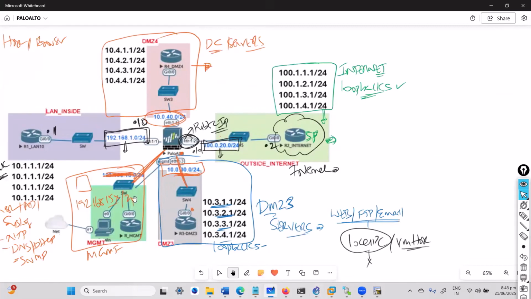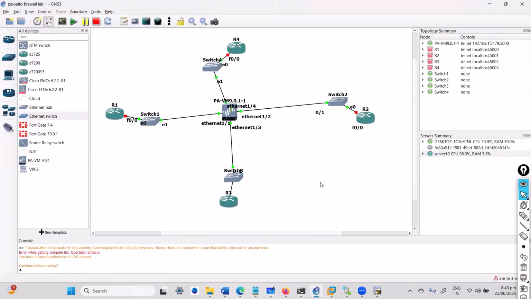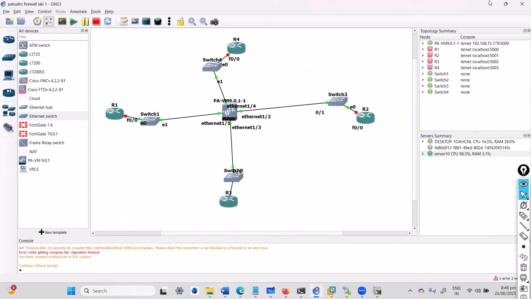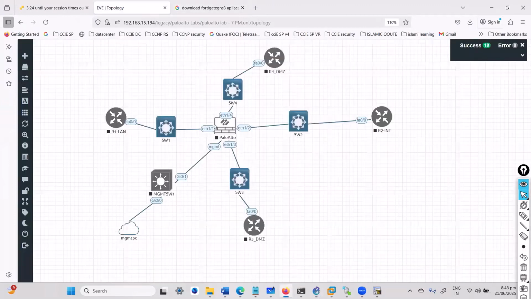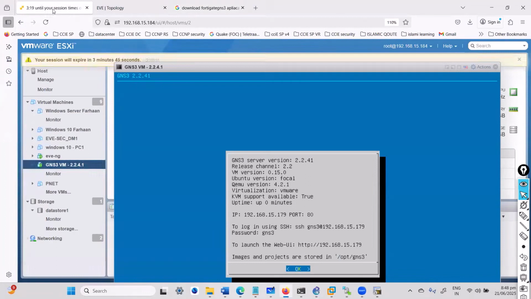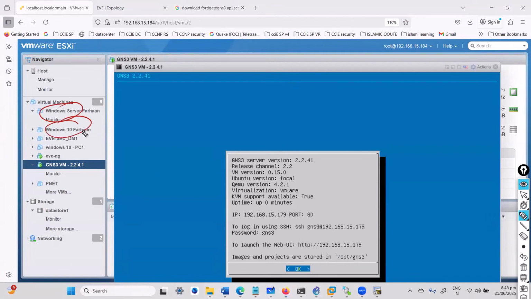Now, additionally, I'll be using the management network. For using the management, there are multiple options. Like I said, when you're using GNS3, the options are slightly different than in EVE-NG if you have been using that. So if you know the EVE-NG topology, we use this way. I can use any of these Windows host machines, or I can use my local host. Now in my case, I'm going to use the local host